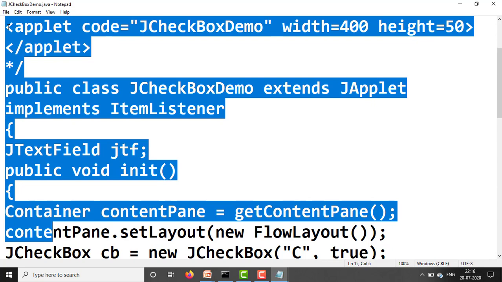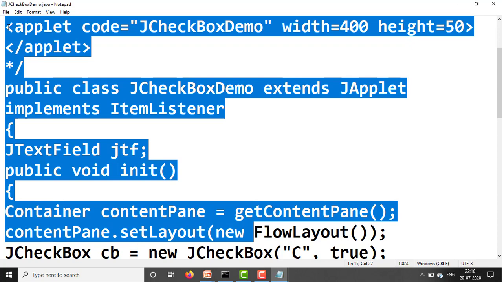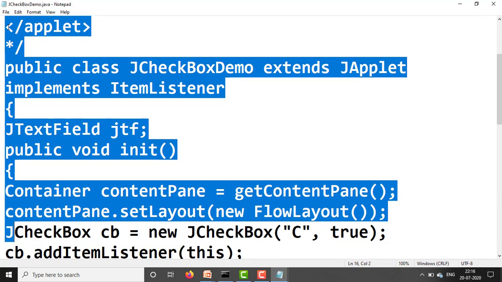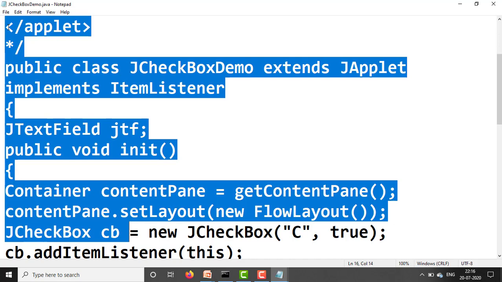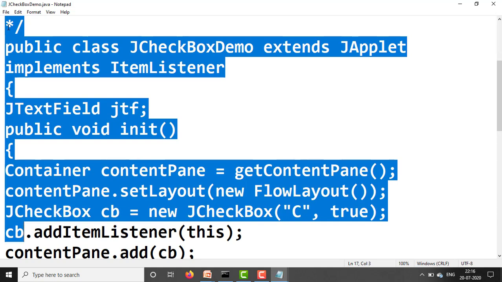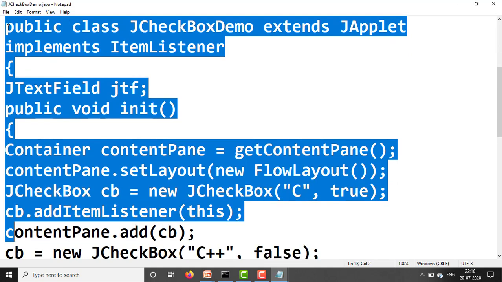Next, contentPane.setLayout(new FlowLayout()). Next, JCheckBox cb equal to new JCheckBox("C", true), meaning already checked. cb.addItemListener(this) registers the checkbox for the listener.